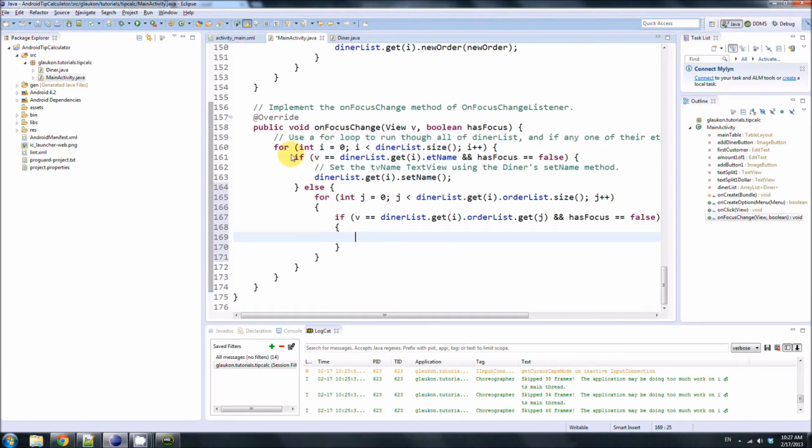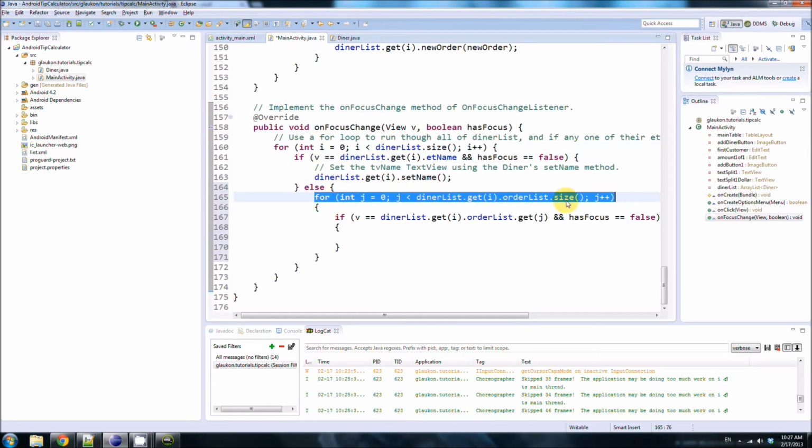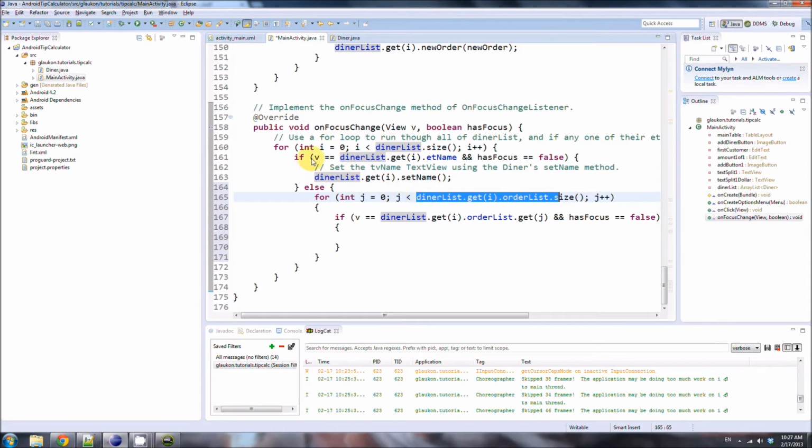Okay, so if it was not an ET name that I clicked, let's go to the else block. And again, this is still within this for block that runs through all the diners. So within this for block, we have another for block, and this for block runs through every single order inside a particular diner's order list. So we'll stop at every diner, and we'll check if their ET name got changed. If it didn't, we'll go down here, and we'll see